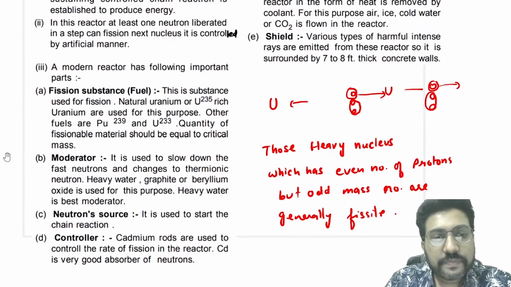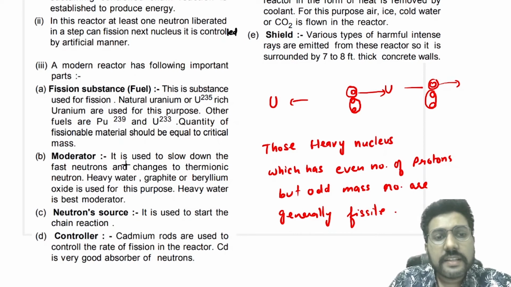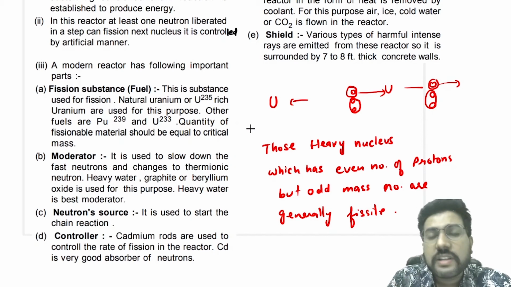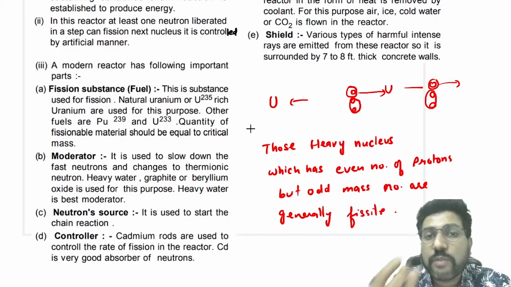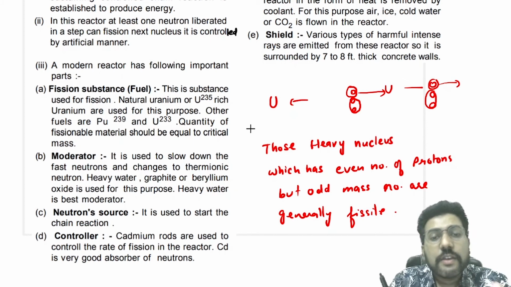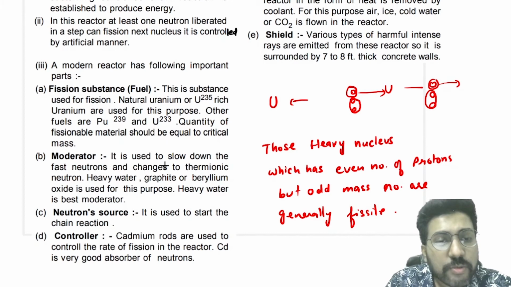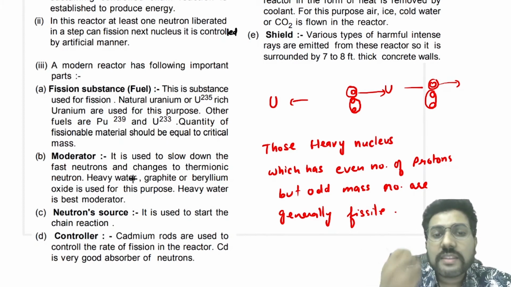Now the next thing is very important. This is called the moderator. A moderator is used to slow down the fast moving neutrons. Whenever neutrons are liberated during a nuclear fission reaction, these neutrons have high kinetic energy, approximately 5 mega electron volt. You need a slow moving neutron, not a fast moving neutron, so for that you have to use moderators. Moderators are something with which these neutrons collide and it decreases their speed. So moderators are used to slow down the fast moving neutrons, and it changes the speed to a thermal speed.